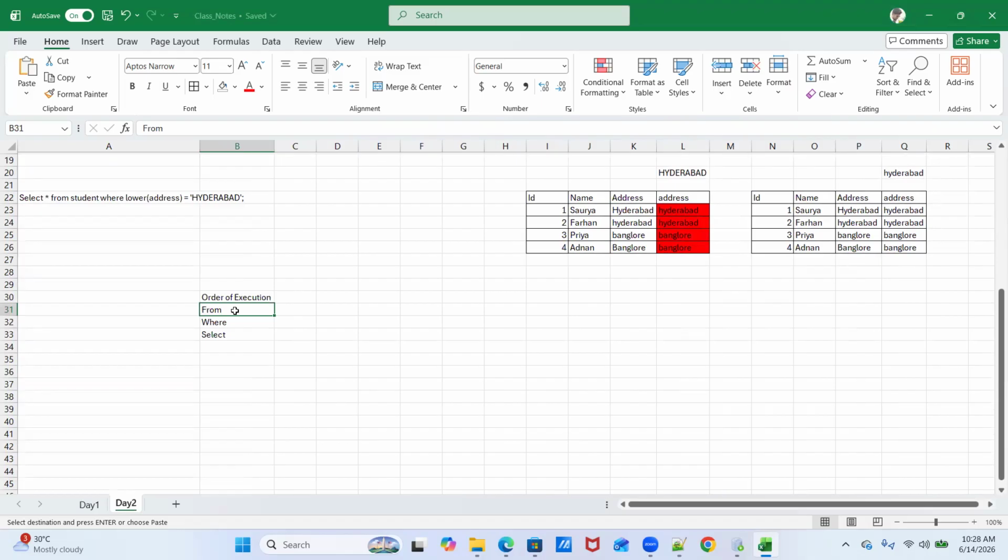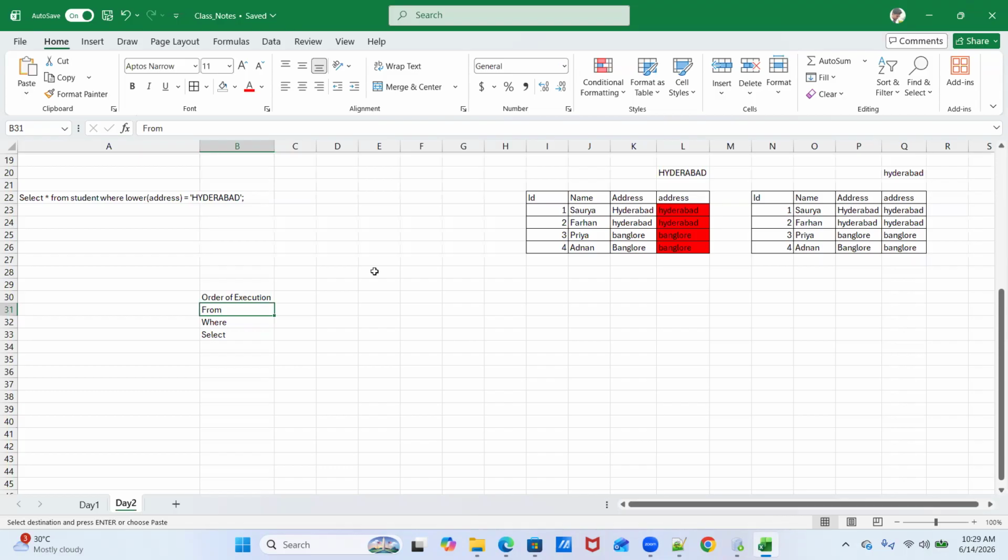So it's not like how you are writing the query, it's how the engine executes the query. There is a format to write SQL queries, and you are writing in this format, but there is another format which the SQL engine executes. So the engine executes in this order, and we call it the order of execution.